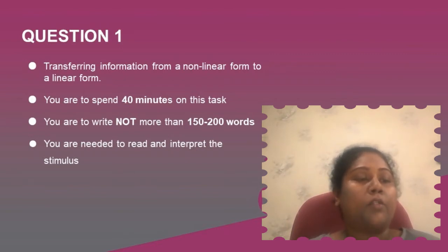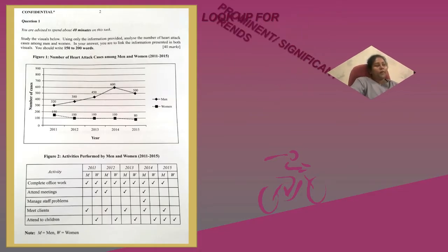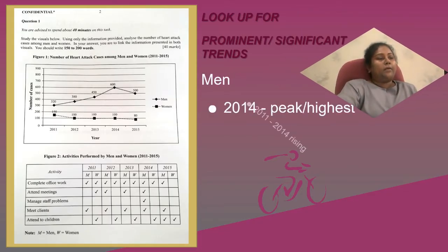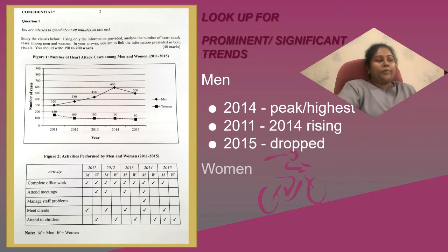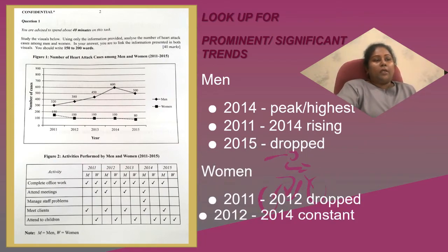You are to spend 40 minutes on this task, and you are to write not more than 150 to 200 words. You are needed to read and interpret the stimulus. The next thing we will have to do, as you get the question paper, is look out for prominent